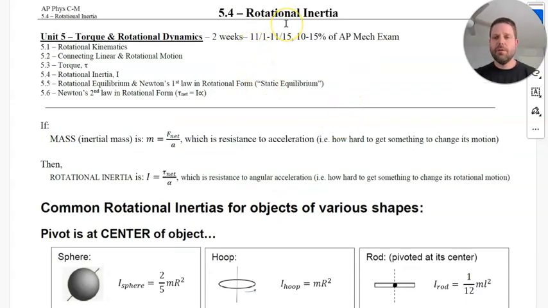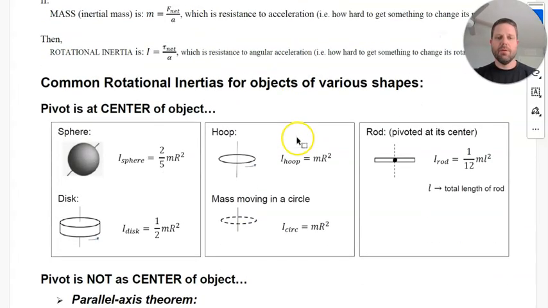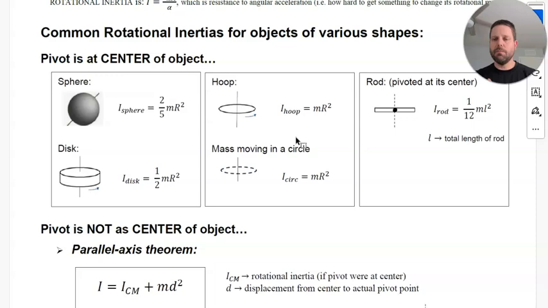In 5.4, we learned about rotational inertia. Now, rotational inertia can be very straightforward, where we just are given the value of it, but it's going to be important to make sure we recognize also conceptually what we are going to be asked about and what are the more difficult variations that maybe aren't as straightforward as just these values we see in front of us here. So you probably have most of these memorized. We're often given these in problems, but each shape of the object, sphere, disc, hoop, rod, are going to determine